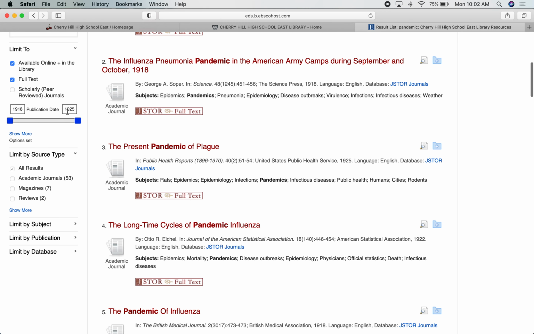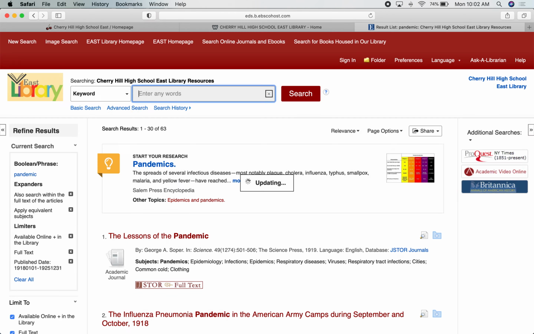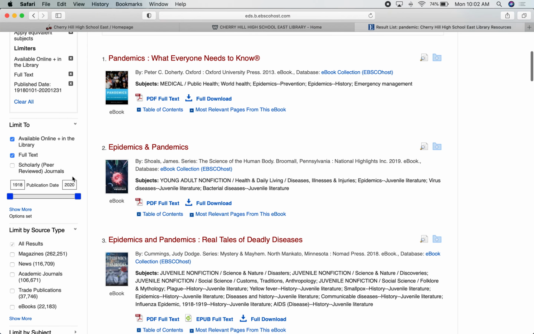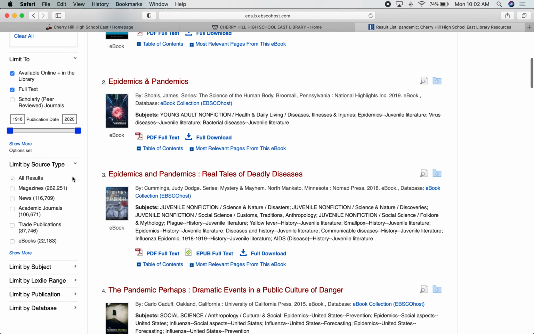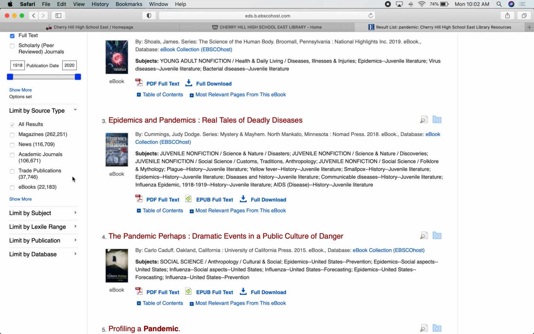Something else that I want to, I'm going to change this back to 2020 just so that we can get more results. So I can show you some of the other things over here that are available to help you narrow down all of the information that's coming at you from your search results. Over here on the left where it says limit by source type, these are all of the different types of sources